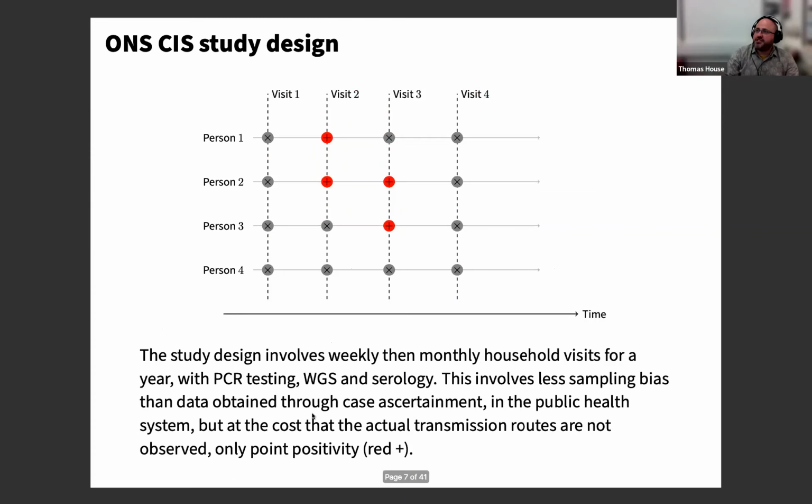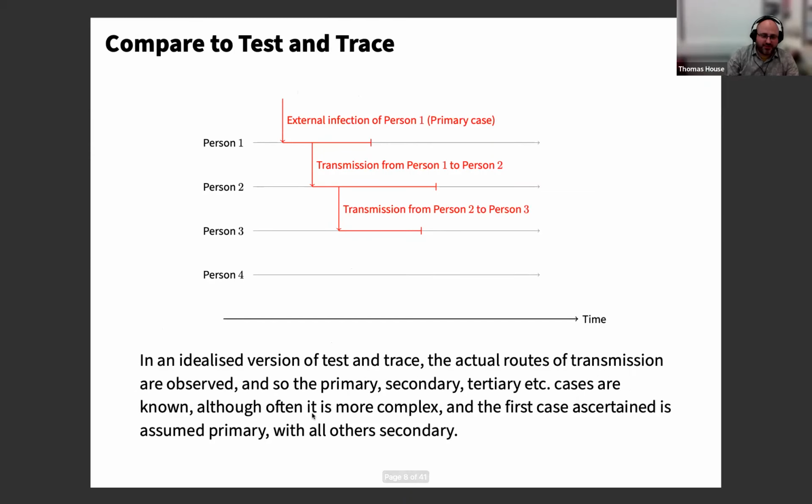Suppose this arose from this kind of tree, right? So a perfect test and trace system would give you this tree. It would give you the actual tree of infections because people would report as soon as they get ill, right? And the issue, and so what Public Health England, now the UK Health Security Agency, did